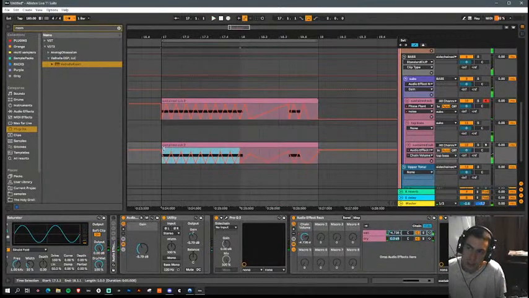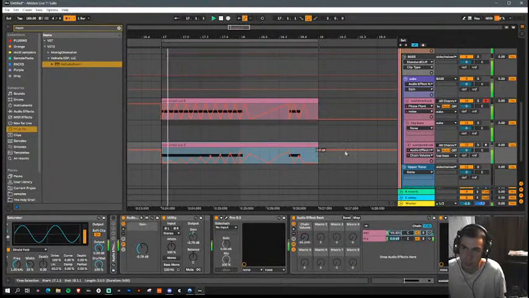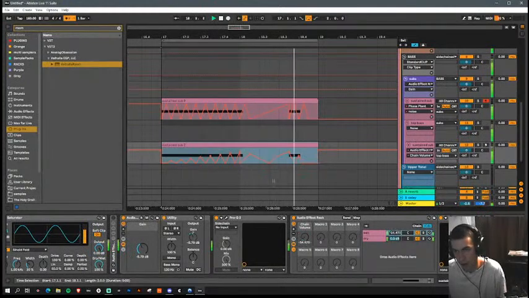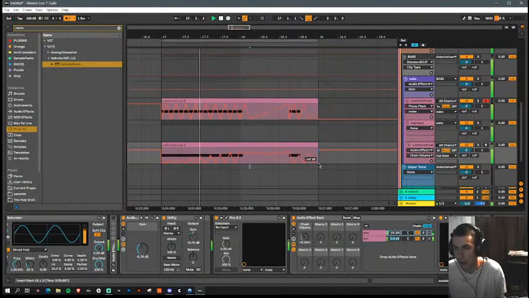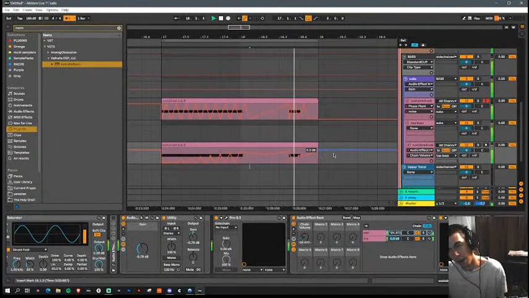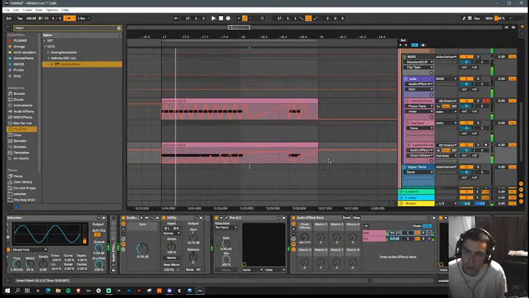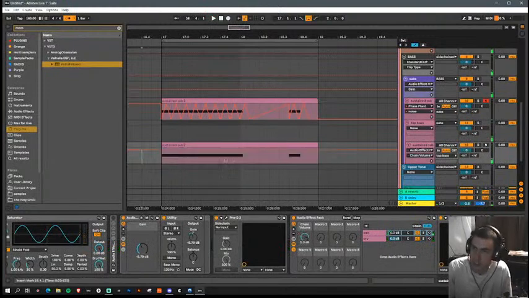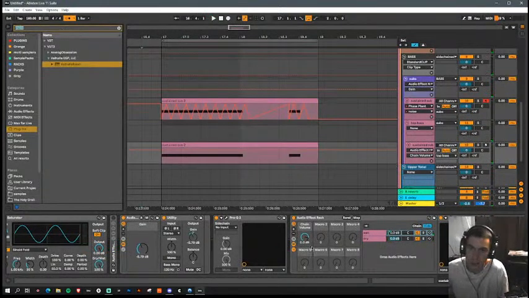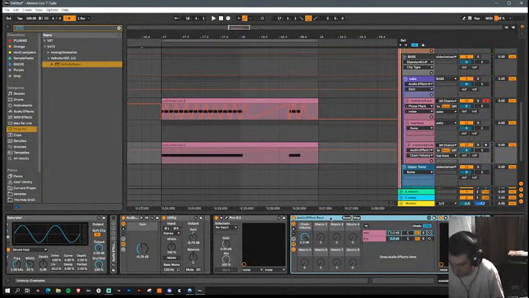And I like using this technique because you can really do a lot of cool things with automation that you can't really do with a sidechain compressor, like this. Right, but what if we want to just have it be sidechained so we don't have to worry about automating it? Well, we still need this rack here, this wet dry